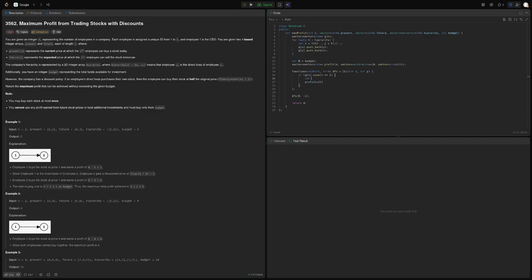so int cost1 will be future[v], and it's gonna work, fair enough. So future[v] minus present[v], and then cost2 is gonna be future[v] minus present[v] divided by 2, and now profit c1, so meaning we, well, if we, no, if we didn't buy, or that means our parent didn't buy, let's say we didn't buy,